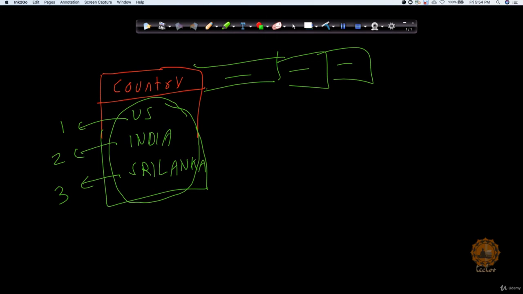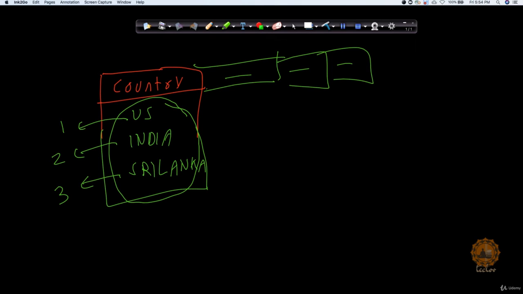The other problem which will come here is that if we are giving some number, it now sounds like India is greater than US, or Sri Lanka is greater than India, because as soon as you give some number, it starts working like ordinal data. Now this is where the problem starts. So how does one hot encoder fix it?